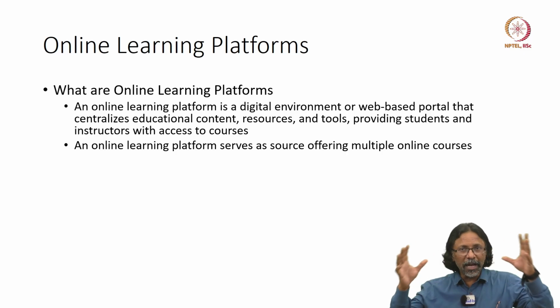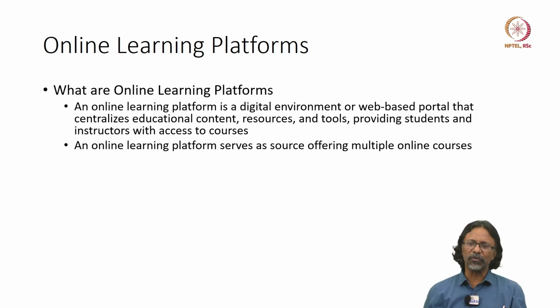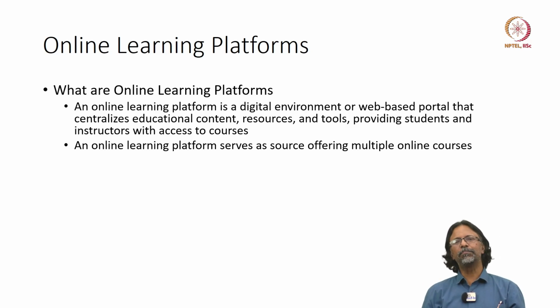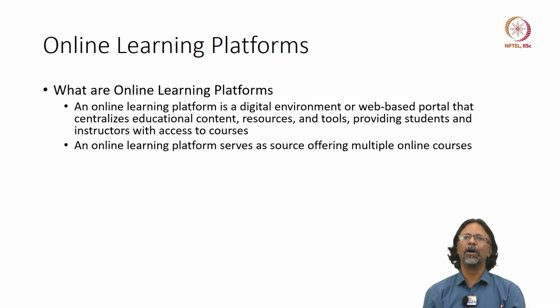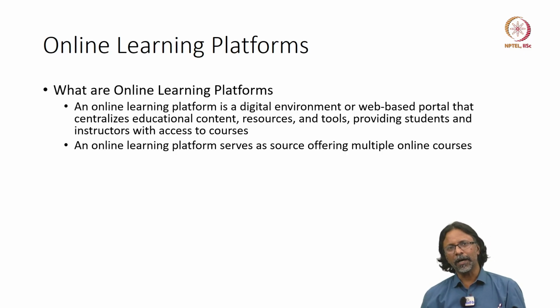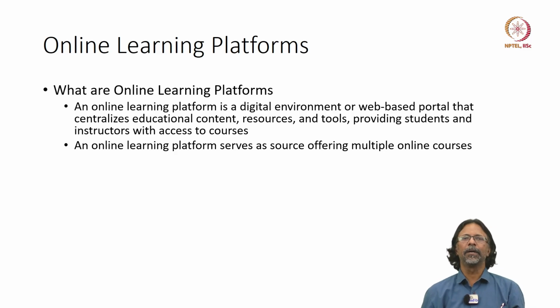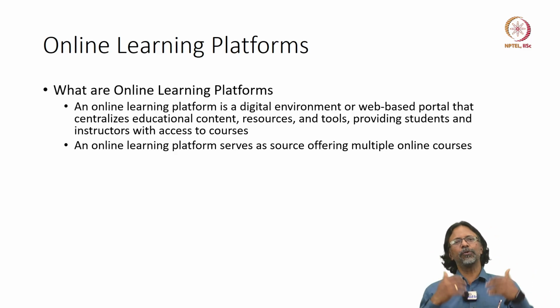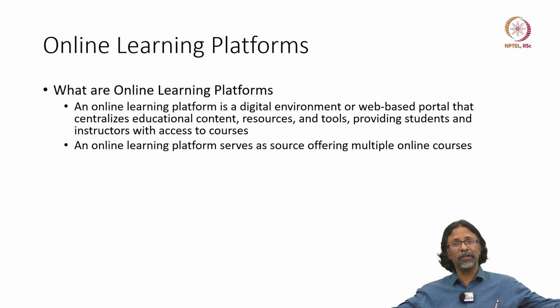So that online placeholder includes the course content, the resources, the tools, right? So this becomes a one-stop shop, as we say, for online learning. Which means that in a single place they will be able to engage with multiple online courses, right? So there is one course that is offered, they get curious, they want to learn a follow-on course, or they want to learn a variety of courses, right?